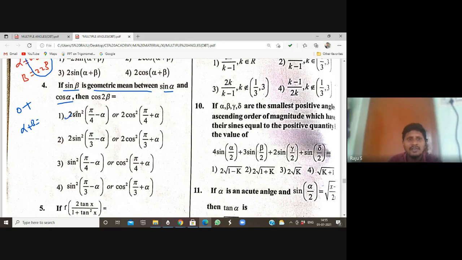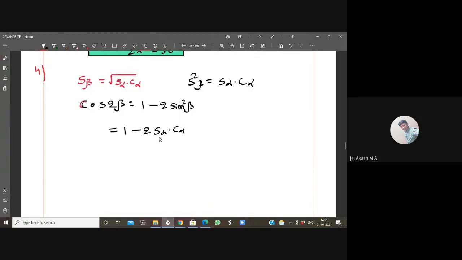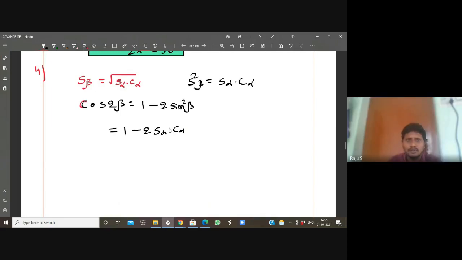So how to first verify the given one? See, we got sin alpha cos alpha here, so sin 2 alpha we can write. Sin 2 alpha, this is equal to, we can write 1 minus sin 2 alpha. Fine. After that,